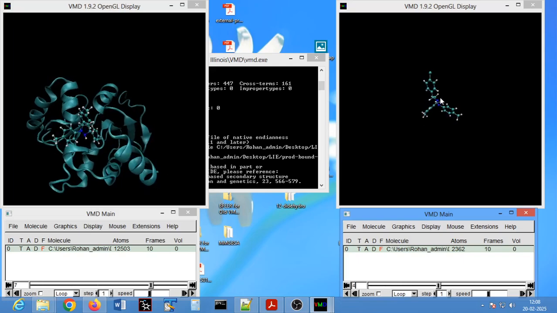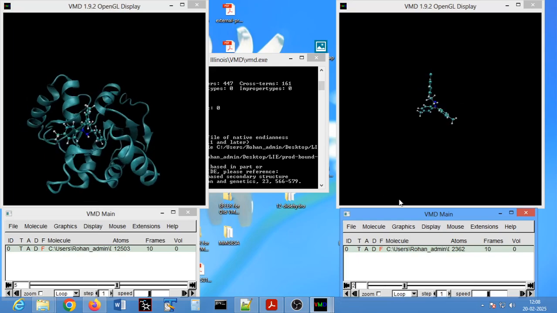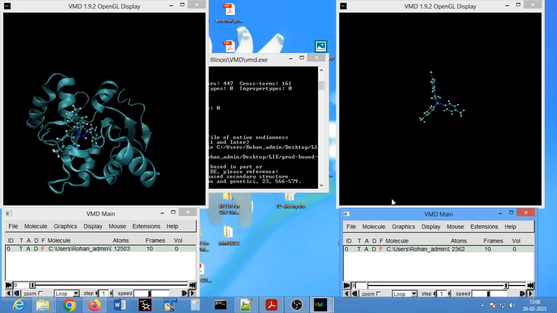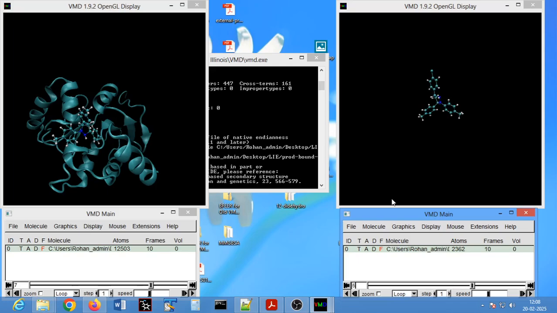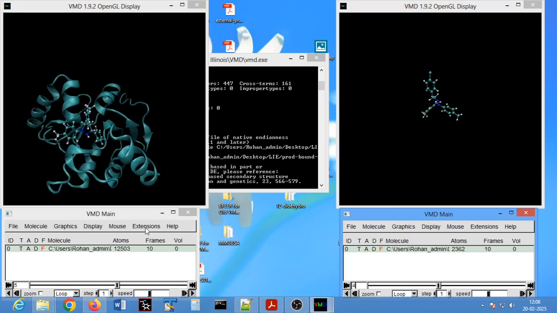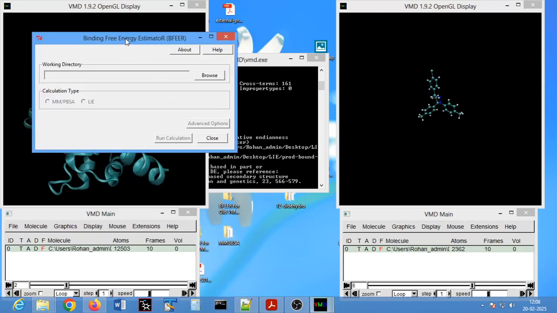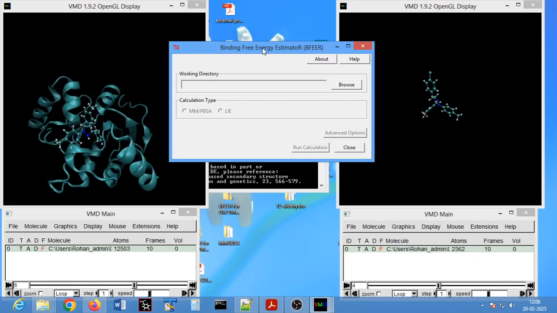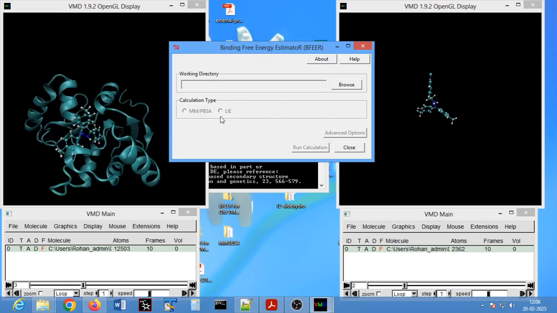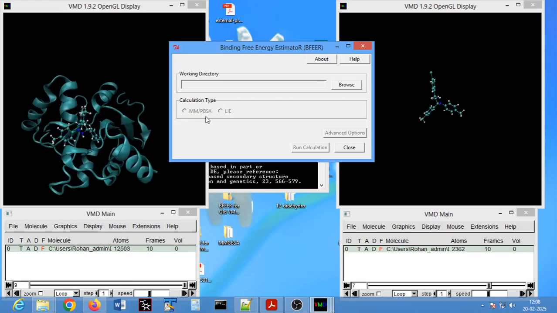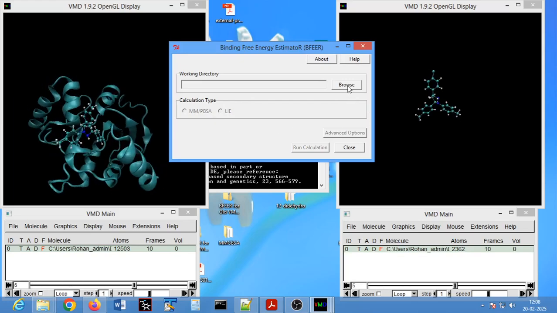Once you have loaded the PDB, PSF as well as DCD file of your system, you can go to the extension analysis, and there would be a link for our software BFEER if you have installed it properly. And as I have mentioned in my previous video, you can either select LIE or MMPBSA, but it will become active only after you have selected the